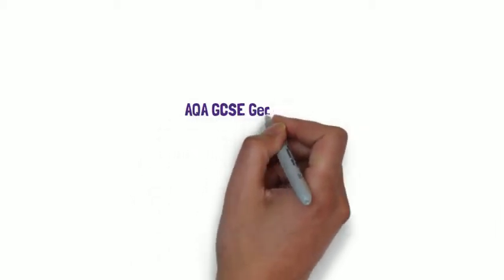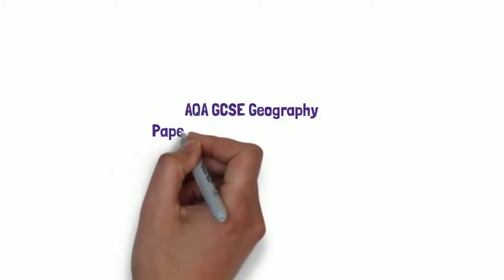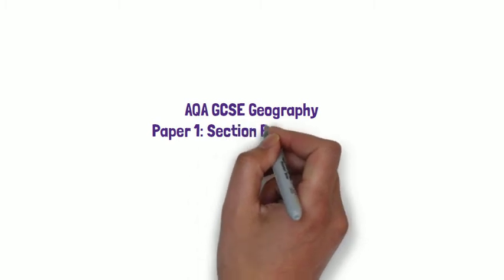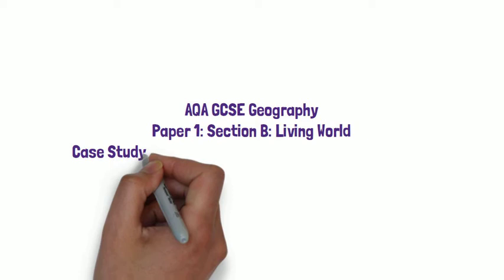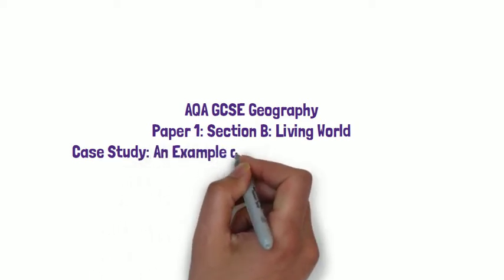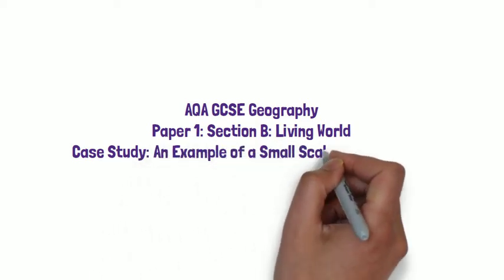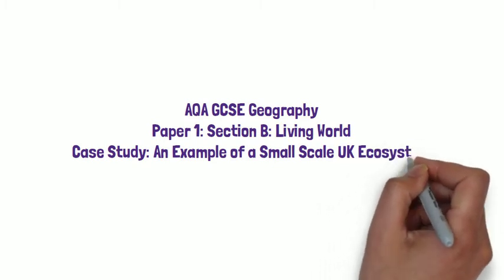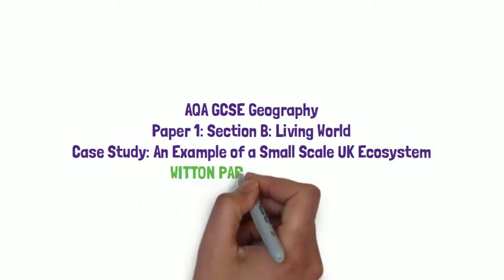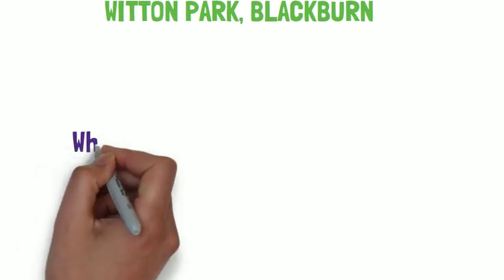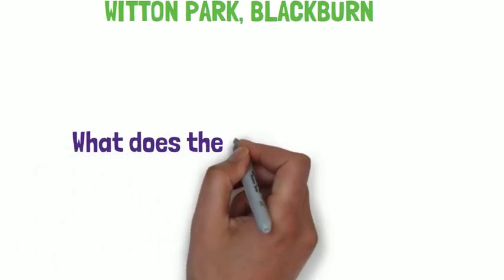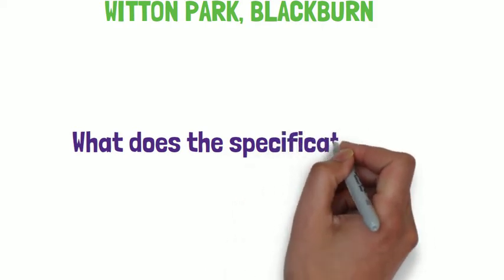So this is a revision video for AQA GCSE Geography, Paper 1, Section B, Living World, and this case study is an example of a small-scale UK ecosystem. And our example for that is Witton Park in Blackburn. So first of all, if we link to the specification,